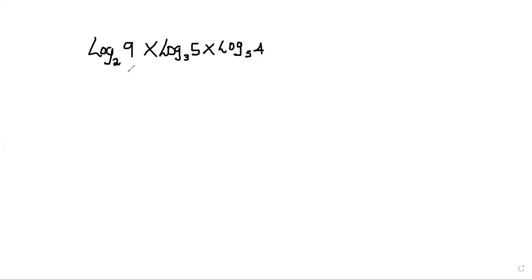So this session will basically deal with the last part of complex logarithms. As you can see here, we are given log 2 base 9 times log 3 base 5 times log 5 base 4. In order to solve this, we are going to use the change of base law of logarithms, right? For those who don't know, the change of base law